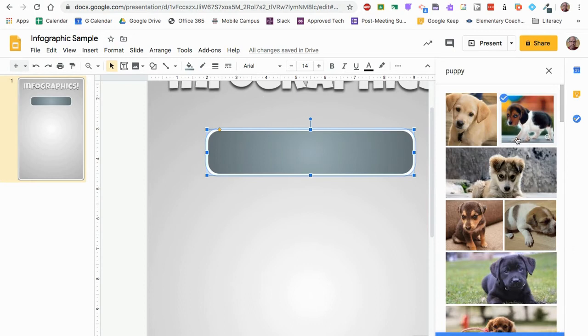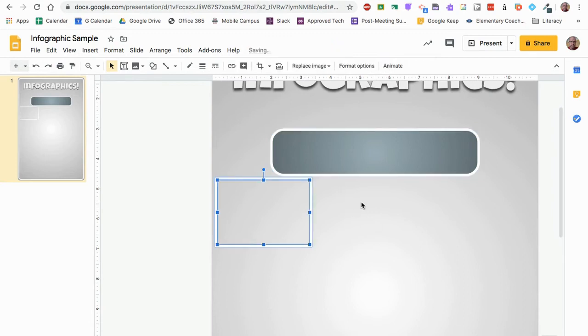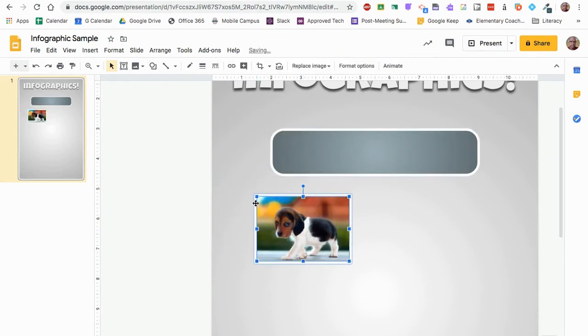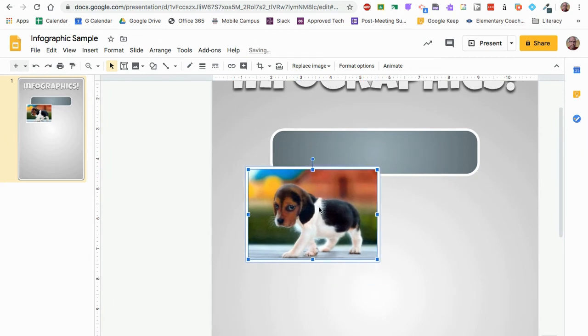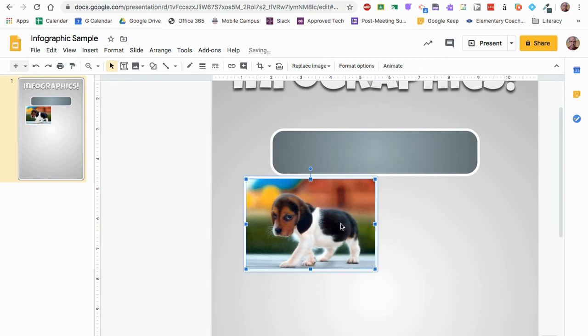So it brings up this search window to the side, and it will basically use a search for Creative Commons licensed images that you can put into your presentation. So when I put this in here, you'll notice that I'm kind of limited to whatever the original photo looks like. Now, on the plus side, this does have a white border, which is going along with my theme that I have going right now. But on the downside, it's in a rectangular format, and I just don't think that's the most engaging or visually pleasing option. So what I'm going to do is, with this object selected,